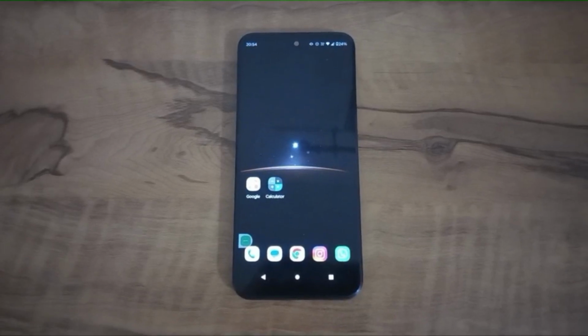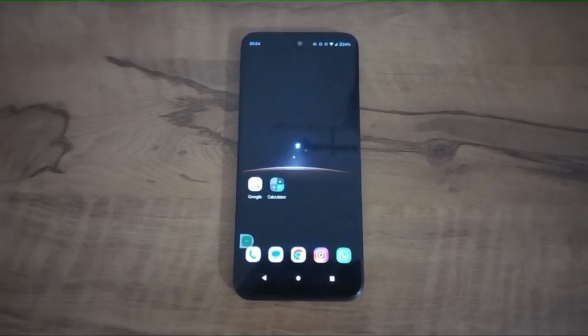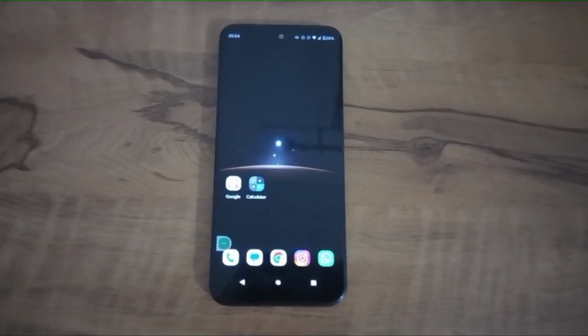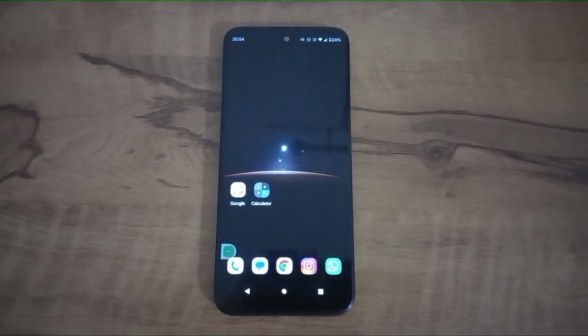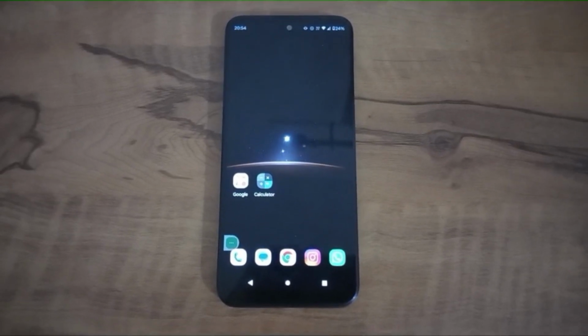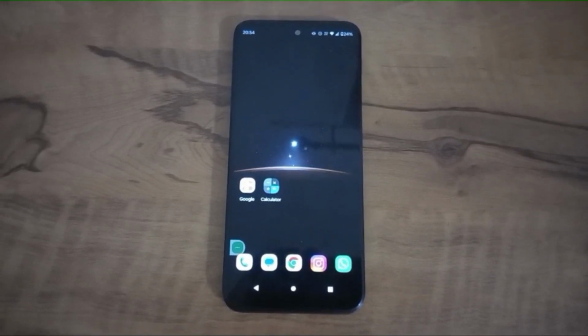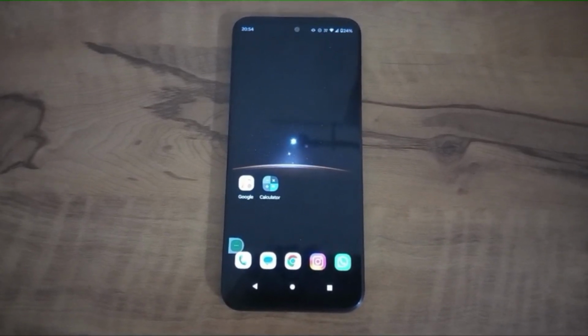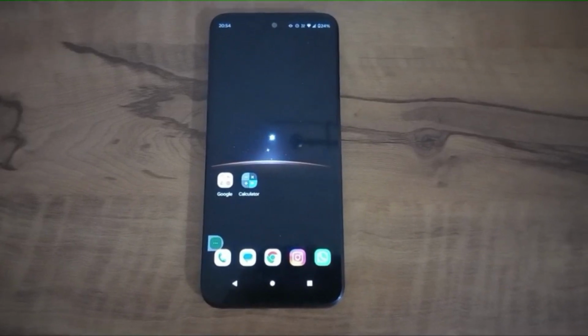In today's video, I'm going to show you how to install Epic Games on mobile in a quick and easy step-by-step guide. If you've been trying to get the Epic Games app on your phone and you're not sure where to start, don't worry. I'll walk you through the full process from opening the store to signing in. This tutorial is perfect for beginners, and by the end, you'll know exactly how to install it properly on your